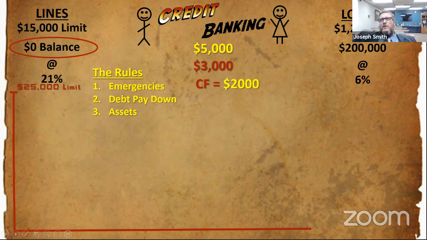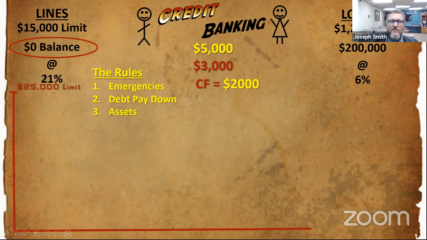Now, some people will say, well, Joseph, that TV I need is an asset, or you don't understand how much I need a vacation. That would be such an asset to me. A lot of people, I don't think, understand the term asset. So I try to define it to people as this. If you purchase something with your lines of credit, and just by owning it, it starts paying you money, that's an asset. If you purchase something and then because you purchased it, it has more cost involved and it costs more and more and more, and you never get any money back from it, that's a liability.